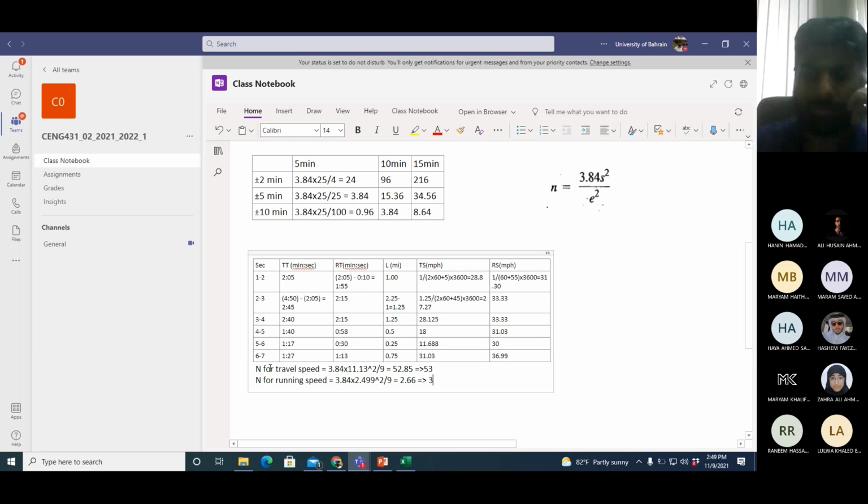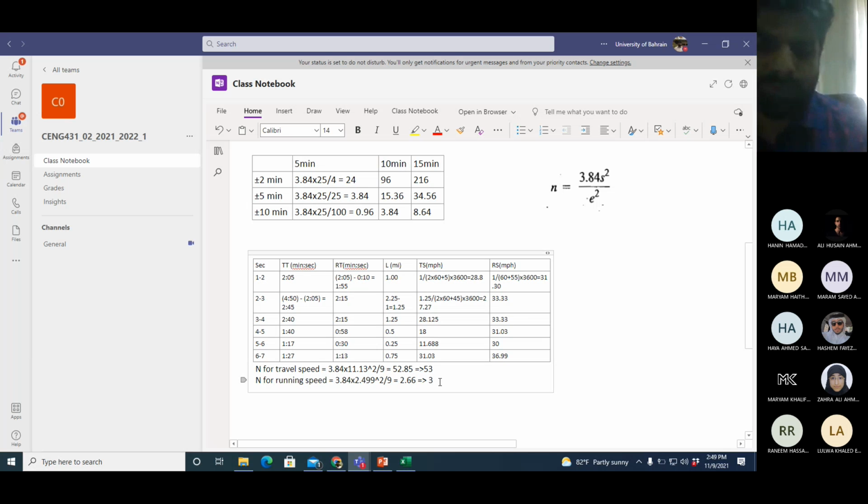So you should take 3 values. Now, just a note here. I think there is some mistake in calculating one of these values. So you need to recheck your calculation, because these are not the values which I am getting, which I was getting with the other section. But don't worry. The concept is the same, procedure is the same.